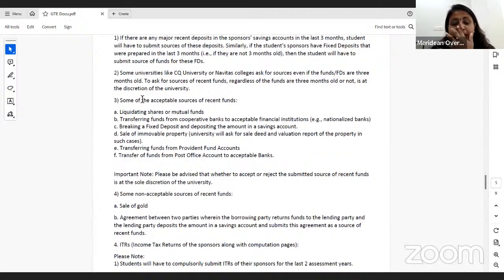तो आईटीआर हमें लास्ट 2 इयर्स का मैंडेटरी रिक्वायरमेंट होती है along with the computation, so computation is also required। तो जैसे कि मैंने इनिशियली बताया कि आपकी कम से कम 10 to 12 lakhs की आईटीआर होनी चाहिए, चाहे वो 2 स्पॉन्सर मिला के हो चाहे वो 3 स्पॉन्सर्स मिला के हो।